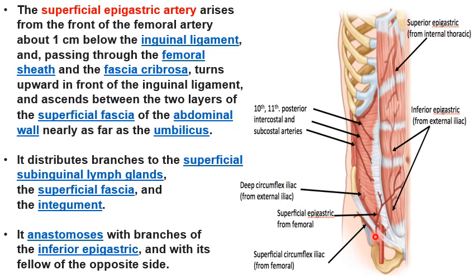It pierces the femoral sheath and fascia cribrosa of the anterior abdominal wall and turns upwards in front of the inguinal ligament and goes medially till the umbilicus to supply the abdominal wall as far as